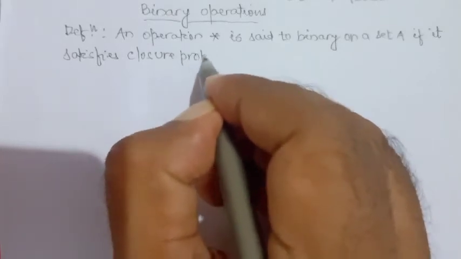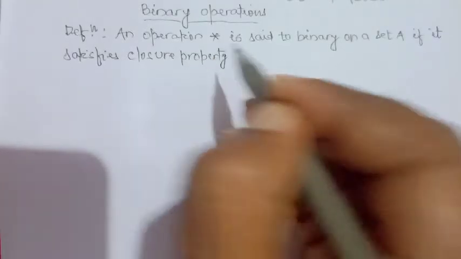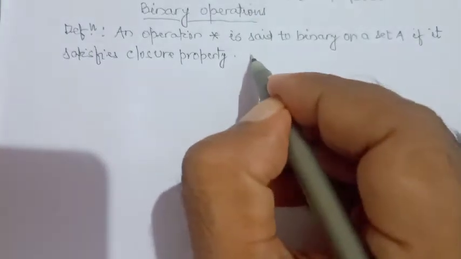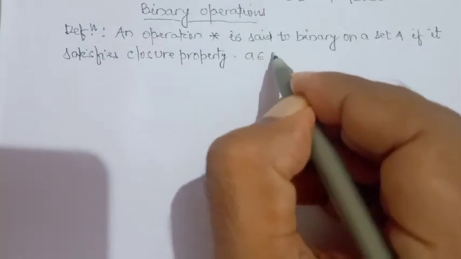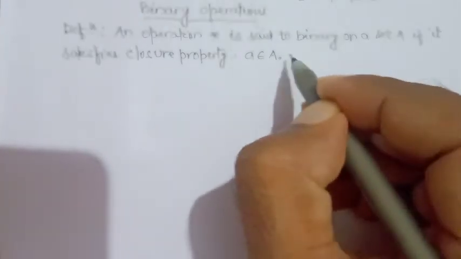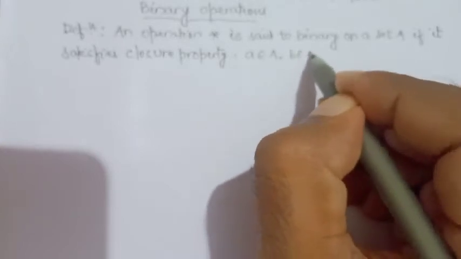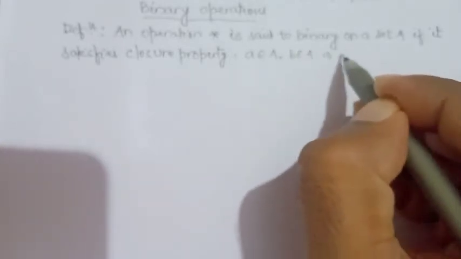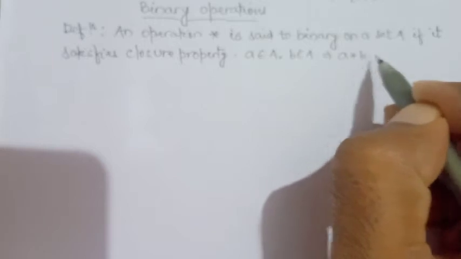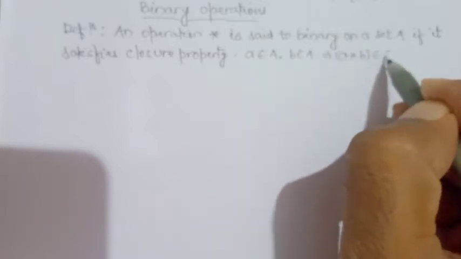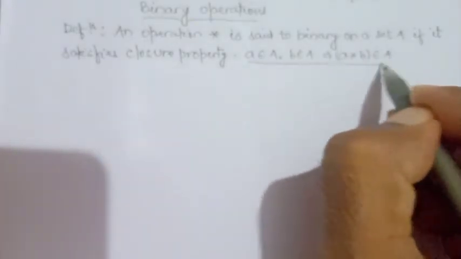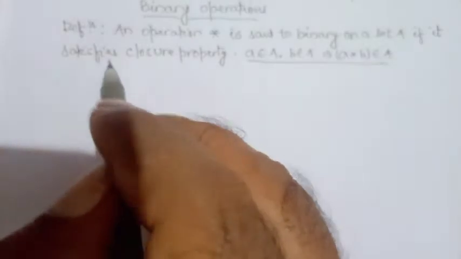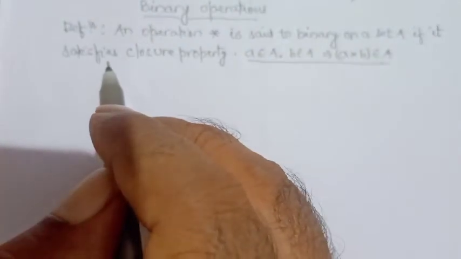Closure property means if a belongs to A, b belongs to A, implies a star b also belongs to A. This is called closure property. On the other hand, we can say a binary operation